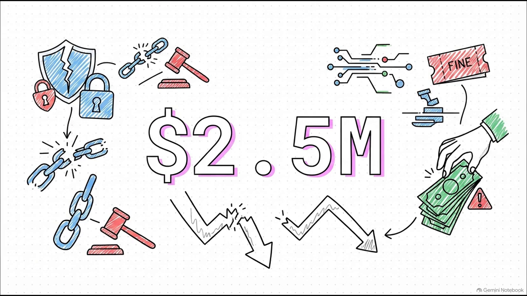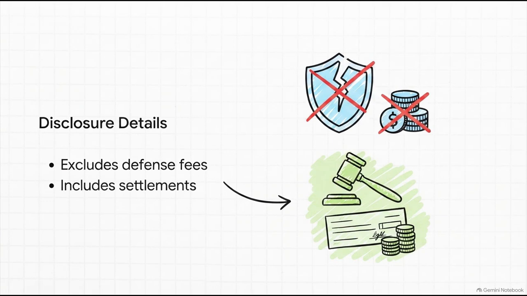Fines, civil judgments, regulatory penalties like restitution, and even criminal penalties brought by governments or individuals. Now, what's really interesting about this rule is that companies cannot artificially inflate this number by tossing in their own legal defense fees. It strictly tracks the actual penalties and settlements. And they can't just pay a massive fine, sweep it under the rug, and move on. No way. SASB forces them to publicly explain the nature and context of the loss.